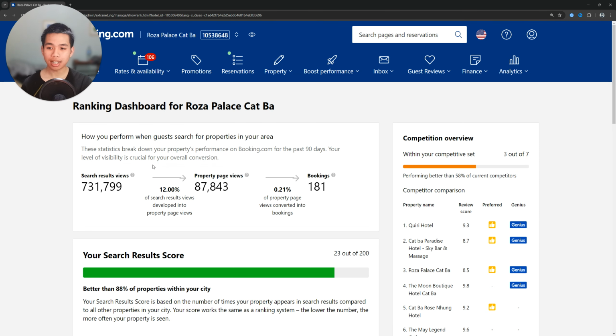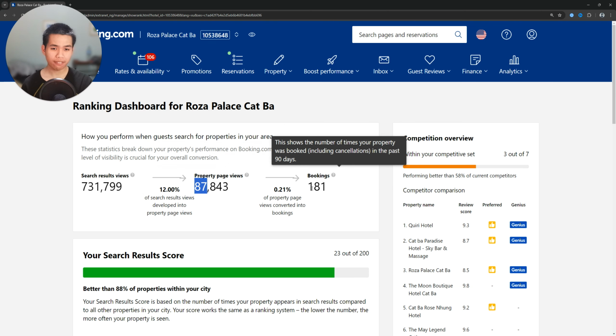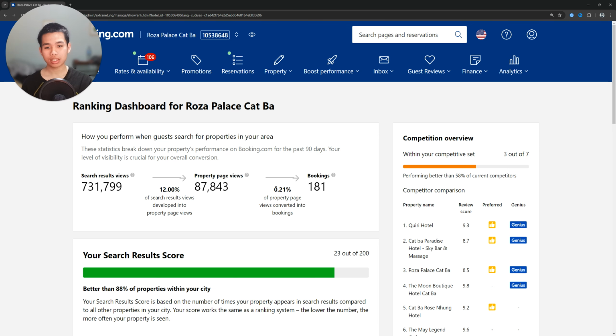Out of those 731K, I've received 87,843 clicks on my property, which is 12% of 731. And out of those 87,000 page views, I've gotten 181 bookings for my hotel, which is a conversion rate of